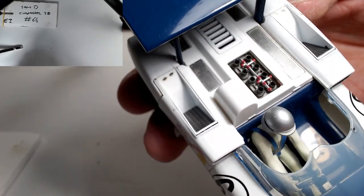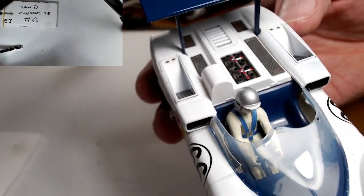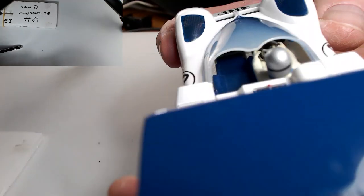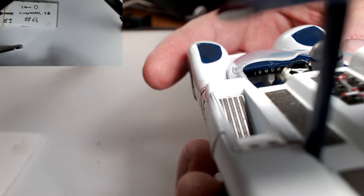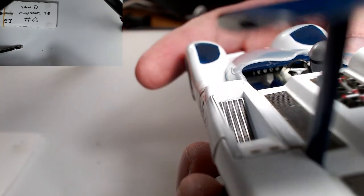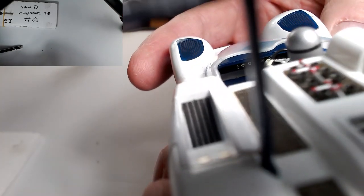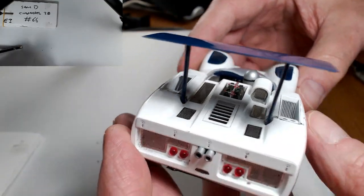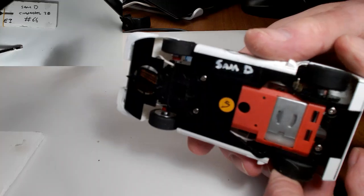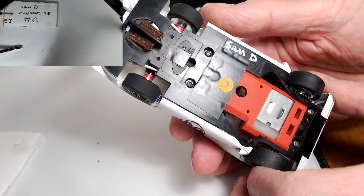Not seen one of these. They're really nice, aren't they? Like all the little detailing bits. See the drive, see the dashboard there. Okay. So he's got the standard slotted chassis,